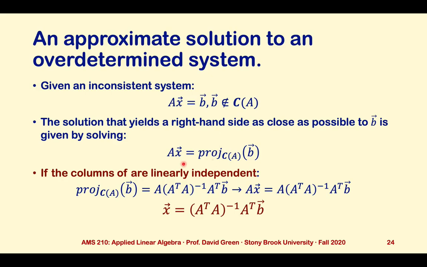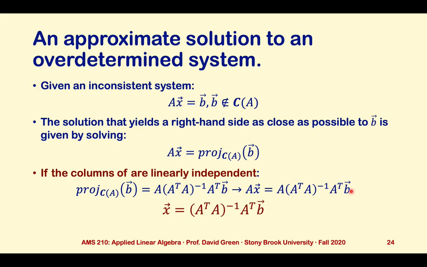As long as the columns of A are linearly independent, then they are a basis for the column space, and everything that we've discussed before would hold true. That is, the projection of b onto the column space would be given by our general result, which we can then substitute into this expression to give us Ax equals A times (A transpose A) inverse